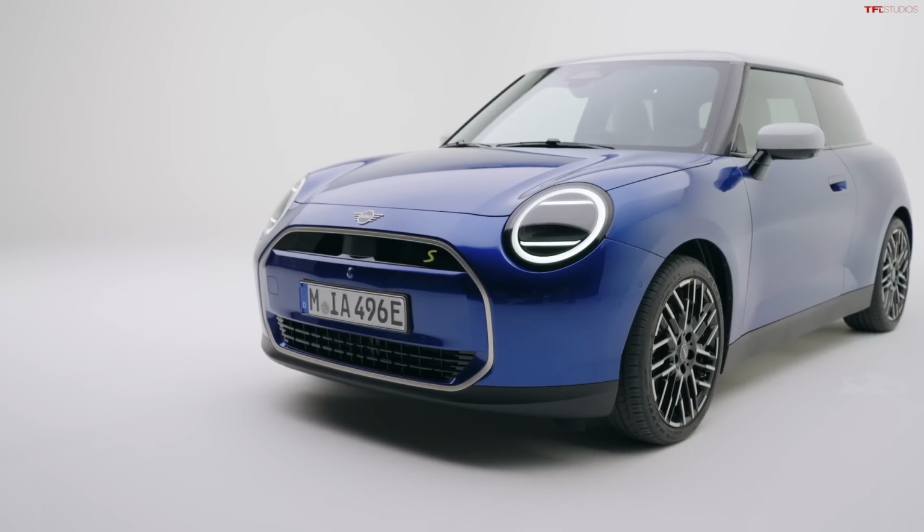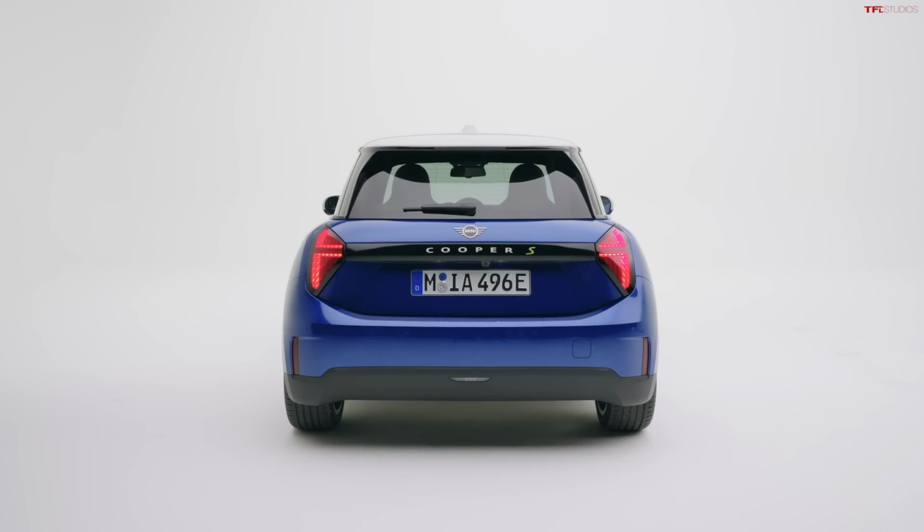And then we got to talk about the big news, which is battery capacity. Now, the old one had about a 32 kilowatt hour pack. It went 114 miles. We owned the old one for actually a number of years, and it was a great car, but didn't go quite far enough on a single charge. Yeah, we actually road tripped it. That was fun. Now, the standard Cooper E gets a 40.7 kilowatt hour battery, so it's gone up about 8, and the estimated